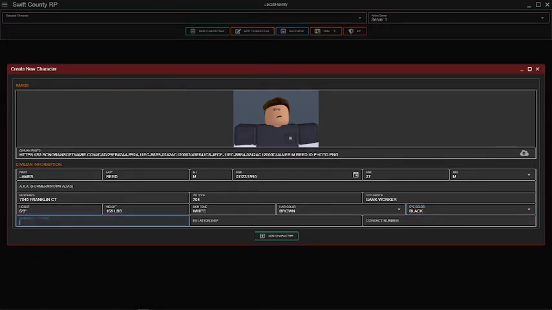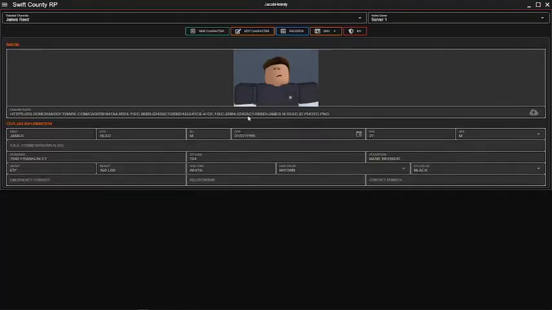Emergency contact. If you have another character or another player that you play with often, you can put them in there. You can put the relationship of that person in there and the contact number for your emergency contact. Then you're going to click on Add Character. From there,